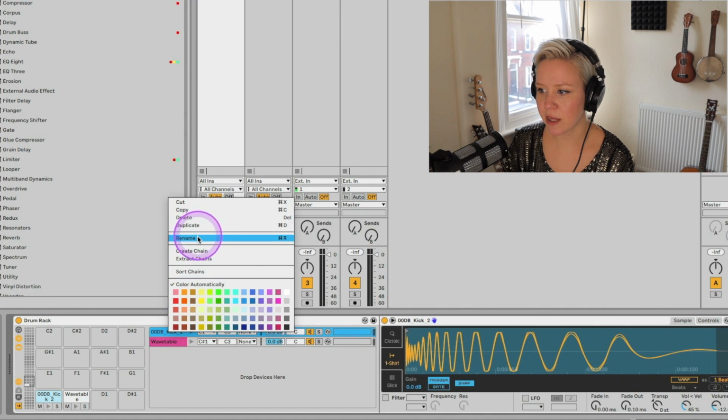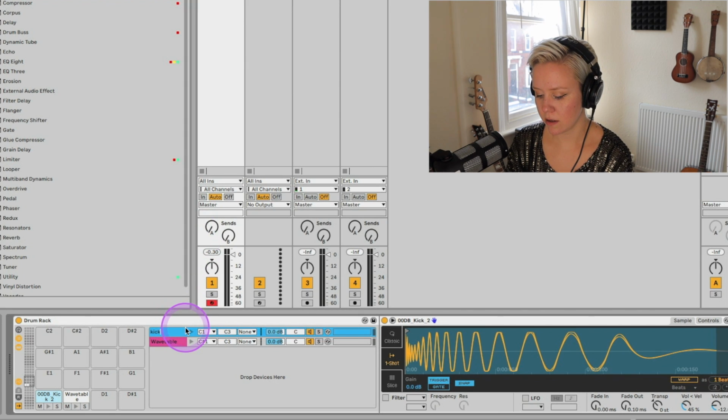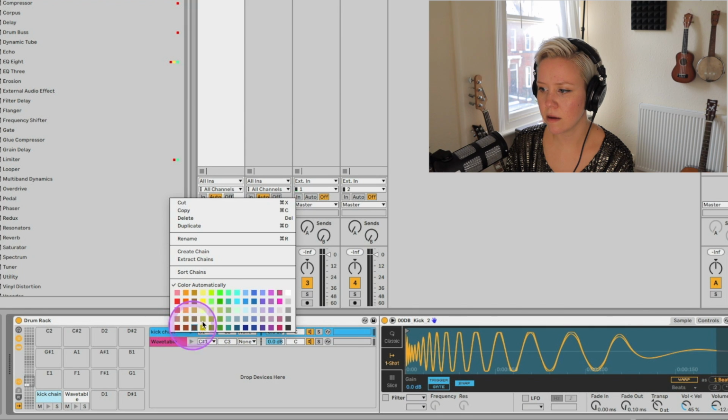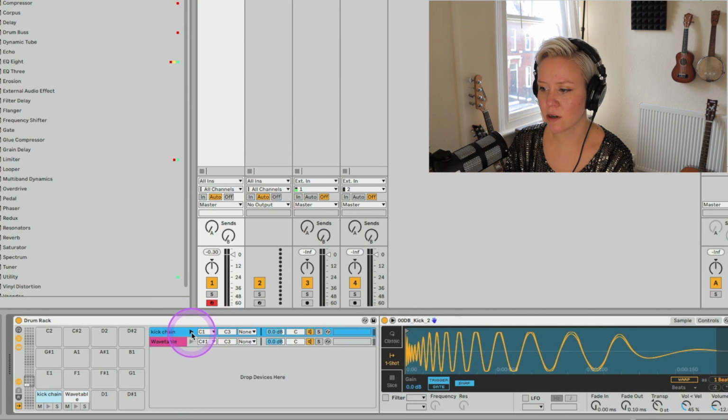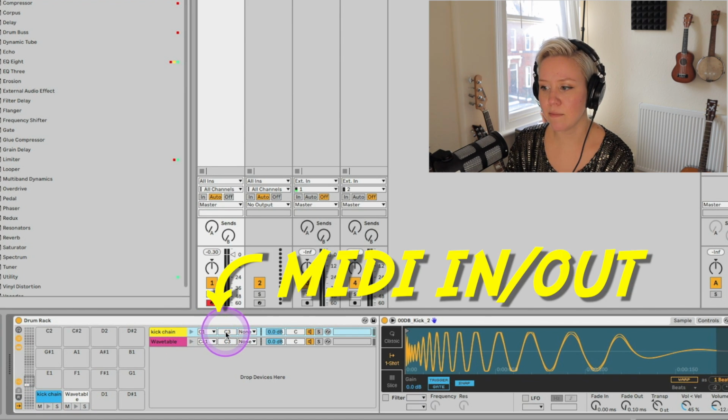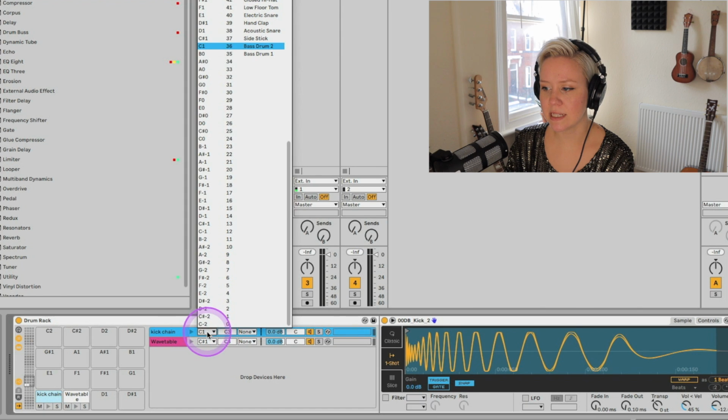I can rename them. Kick chain. I can color them in different colors. I can also use the preview button from here, so I can preview how the sound would be in the pads. Then we have the MIDI in and MIDI out. So we can select here